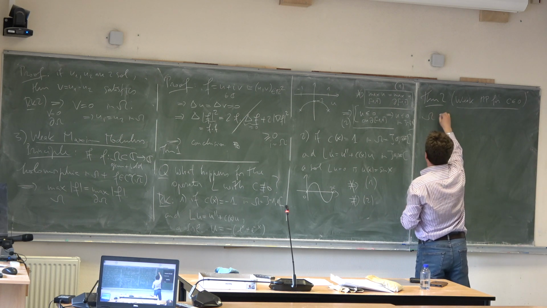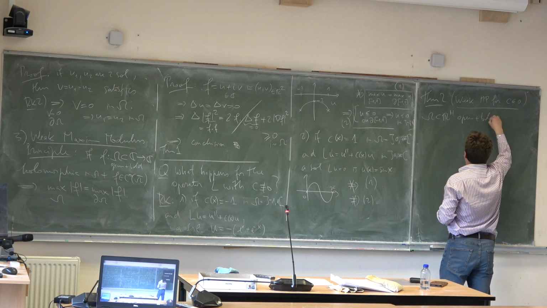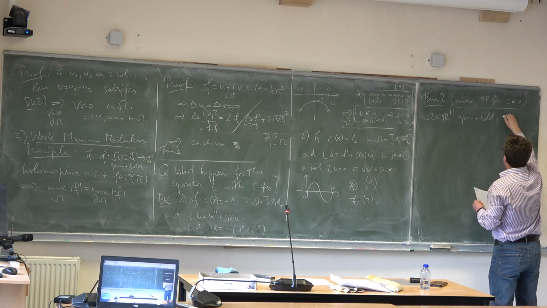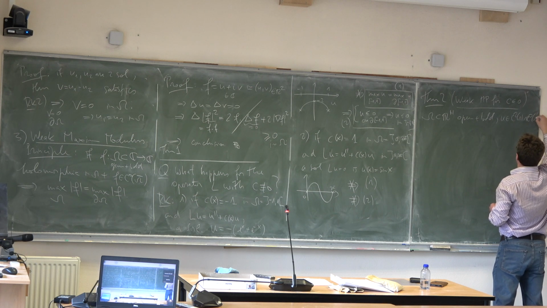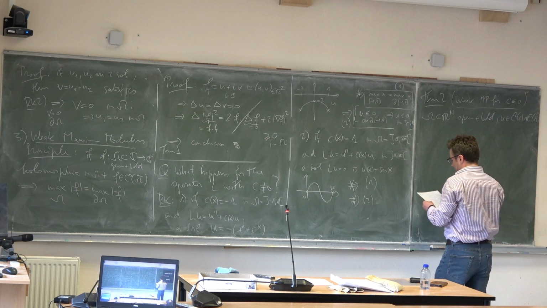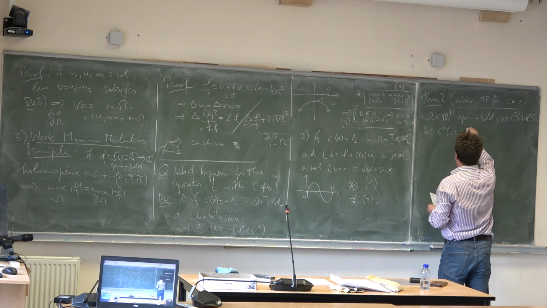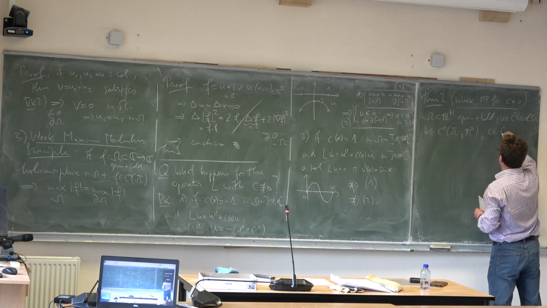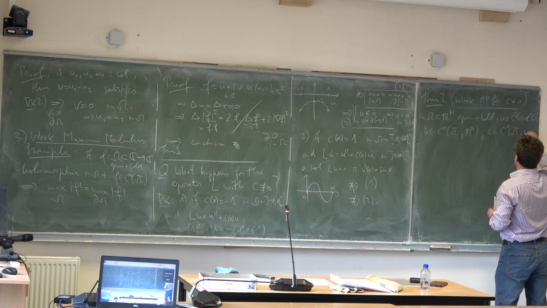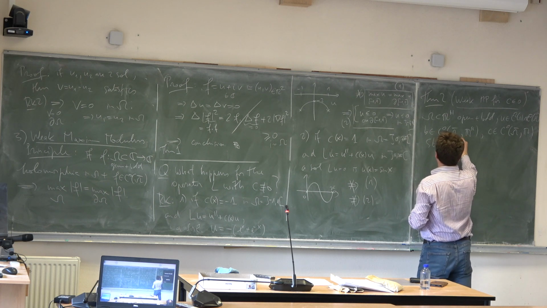So again, if you take an open bounded set omega, u in C2 of omega continuous up to the boundary, b in C0 up to the boundary, a vector field, and c scalar such that c is negative,